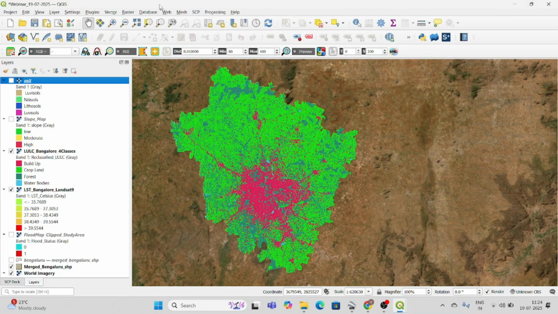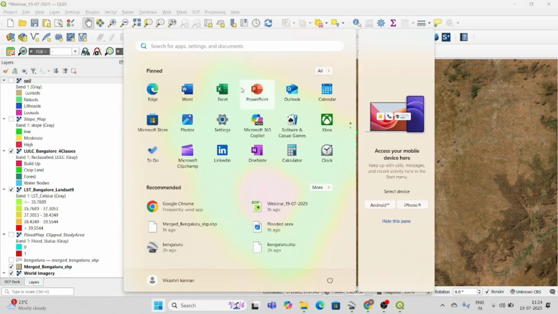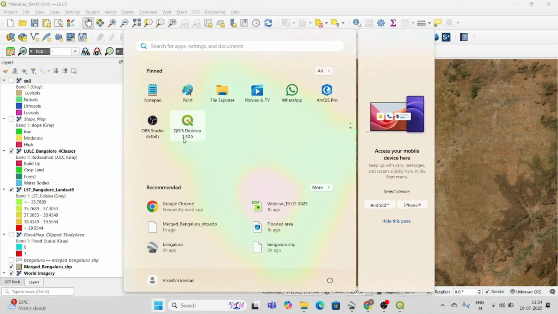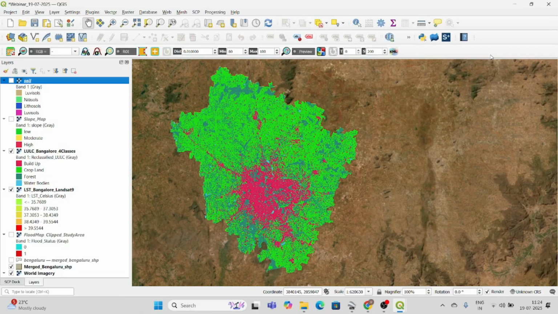First, I had opened my QGIS. Okay, this is my QGIS. I'm using 3.4.05. So when you go to download QGIS, there may be so many versions. So you can download the long-term version. Maybe it will have fewer errors, in my view. Okay. So after that, you have to download it and you can open the interface.